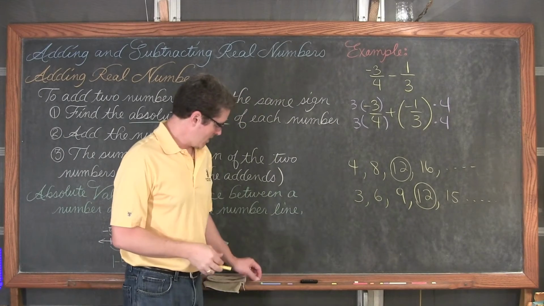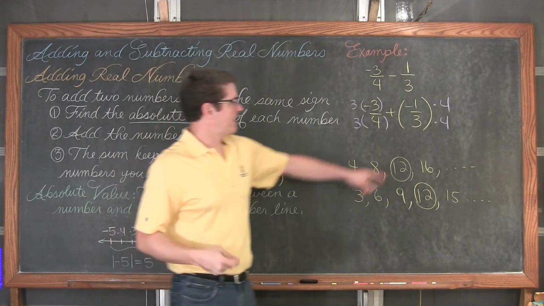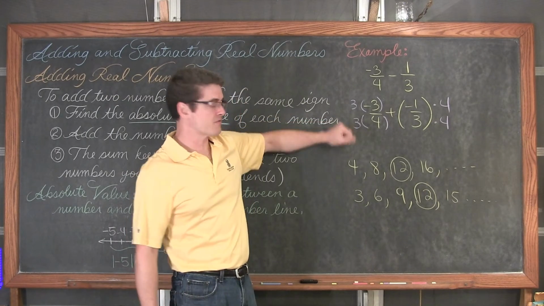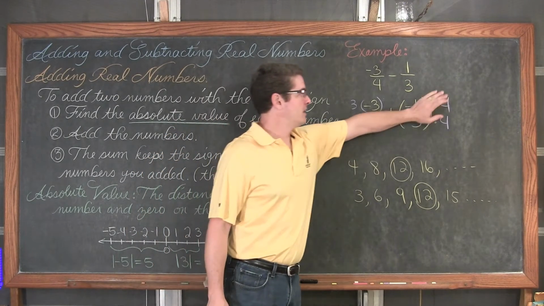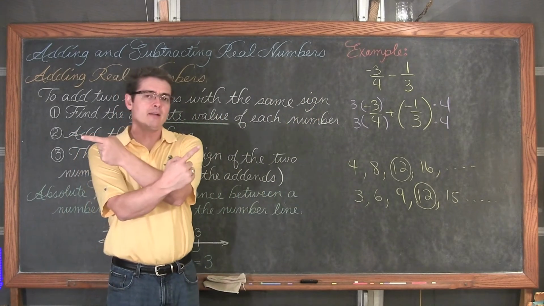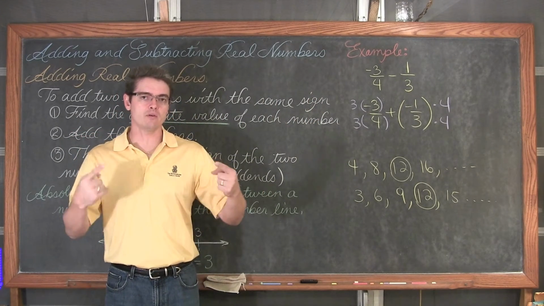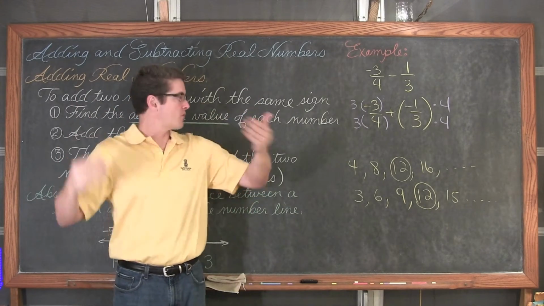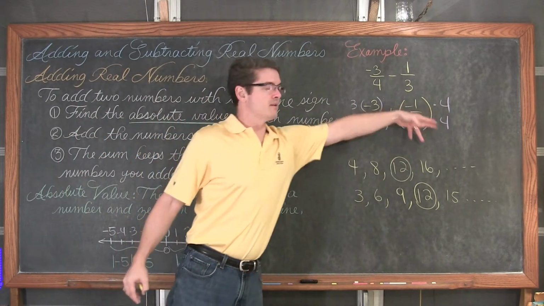Okay, well, I can see here that it looks like I'm just taking this denominator of 3 and multiplying it to the top and bottom of the first fraction, and this denominator of 4 and multiplying it to the top and bottom of the second fraction. You can actually do that. Every time you find a common denominator, you can just take the two denominators and sort of flop them over and, of course, multiply the top and bottom by those values.